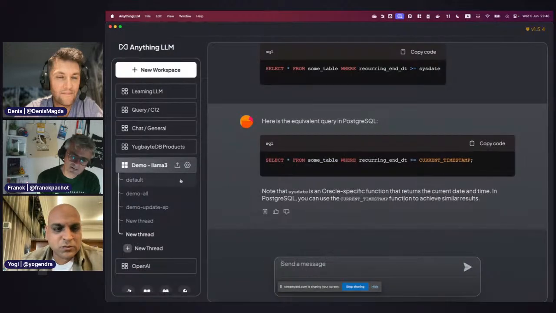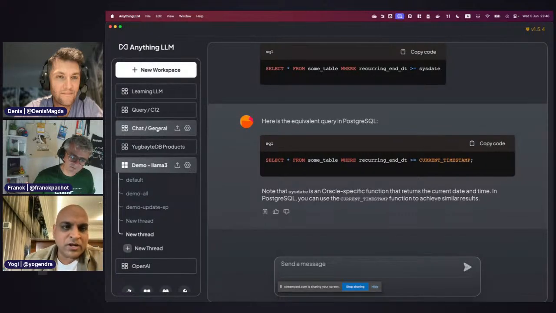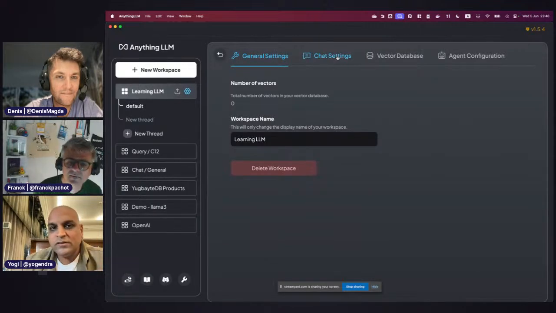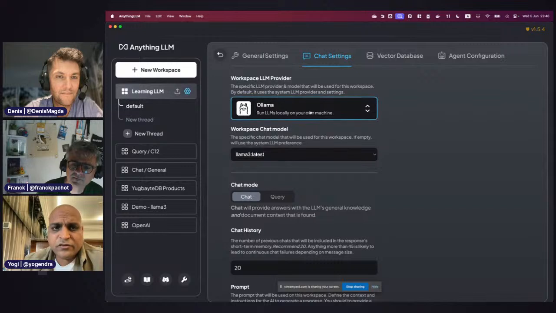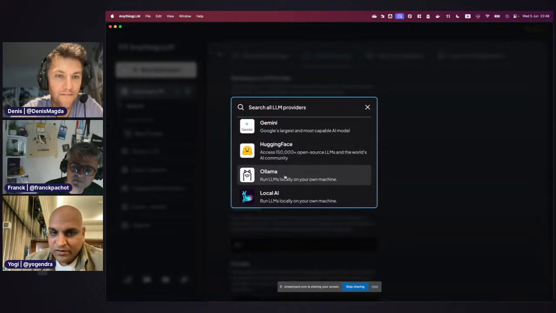A good thing with this one is it has this concept of workspaces. For example, right now I do some commentary for the Yugabyte products, or I have some general chat questions, or I'm just trying to learn LLMs. For this particular workspace, I can set my chat settings to use different providers. I can use OpenAI, Anthropic, Gemini, Hugging Face, Ollama.